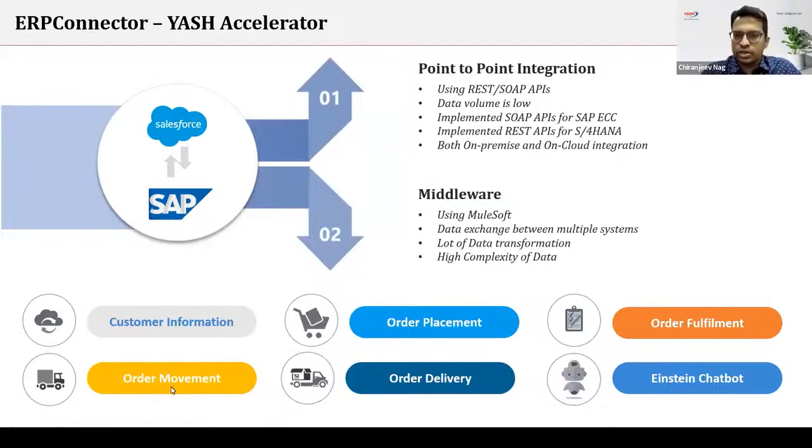There are different ways to achieve this, whether through a middleware like MuleSoft or point to point. And when we talk about point to point, there are different mechanisms too, like integration with SAP ECC would be different from integration with SAP S/4HANA. We have all that information in place, including the steps that need to be followed. We use that as an accelerator so that we can expedite the project once the engagement begins. We have achieved it in two ways, using point-to-point integration and using MuleSoft middleware.